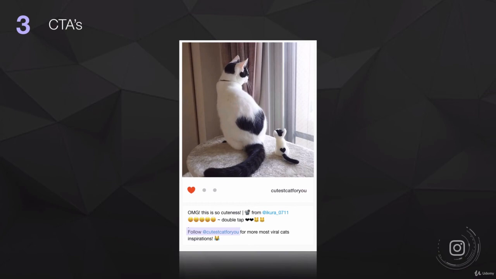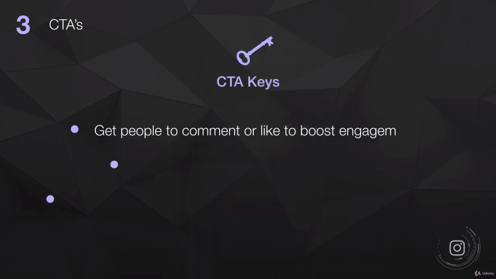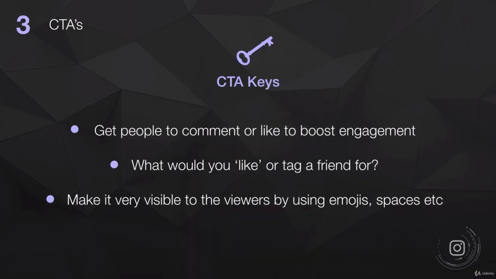Here's a really cute little photo, cutest cat for you posted, and you can see someone had made a replica of their cat in a mini form, and you can see they've got double tap written in their caption, and they've also got follow cutest cat for you, which means they're not only prompting a double tap but a follow. And if you can get someone to follow you in your micro test, you're going to do really, really well, because your content is really, really good, because people are going to see your content, have to click on it, have to go to your account and follow it. Instagram are going to be like, wow, that must be a really good piece of content if they prompt a follow.